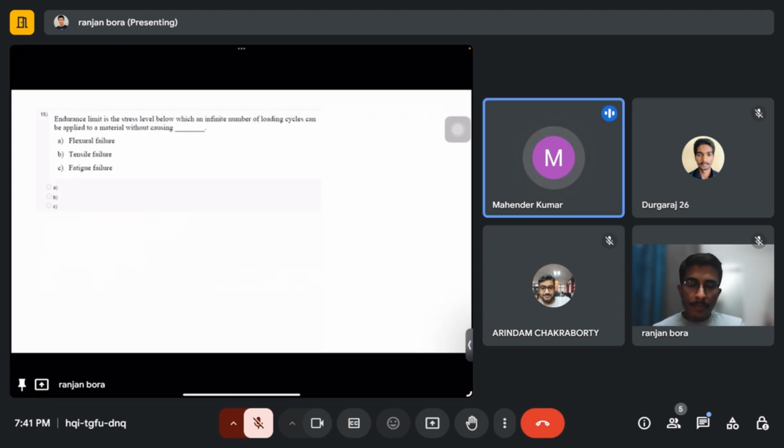And limit, I think variable limit which can be a so